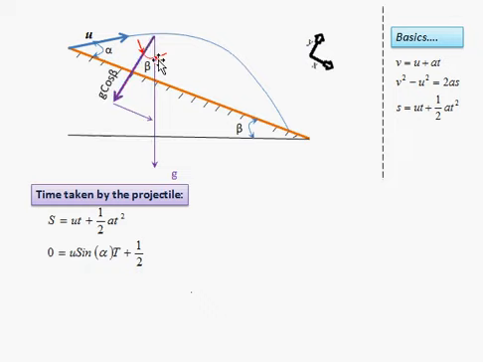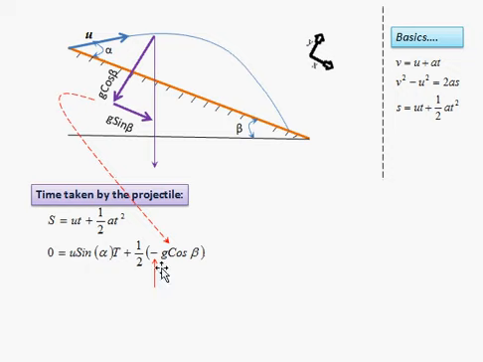So it is easy for us to resolve the gravity g with respect to this side and this side, that is, the vertical component and horizontal component. And I am taking this vertical component into consideration. As I have previously told, our particle is moving in the vertical direction, and hence I am taking the vertical component here.